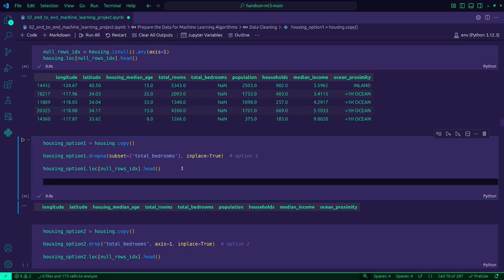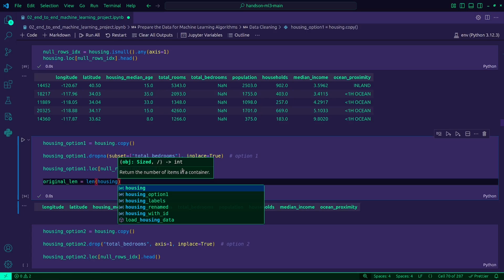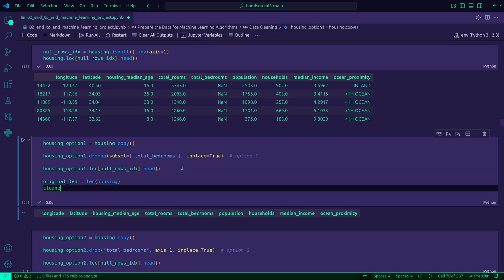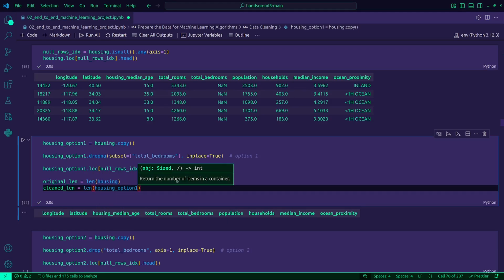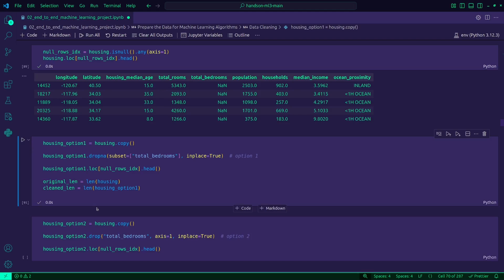I can also now check how many rows were removed. Original length is going to be the length of housing, and cleaned length is going to be the length of housing option 1.